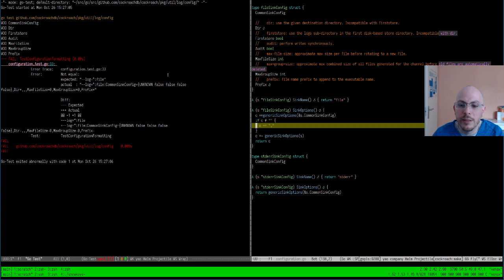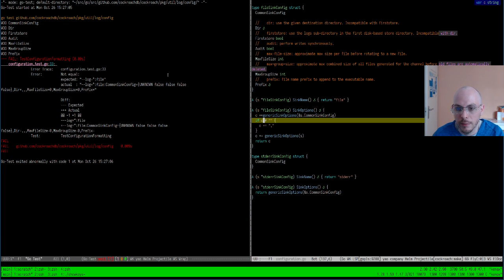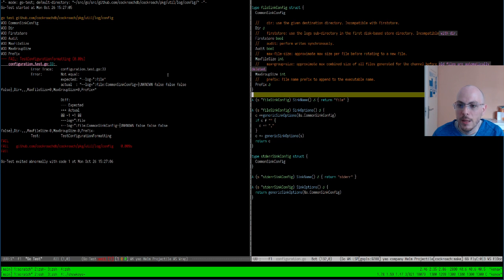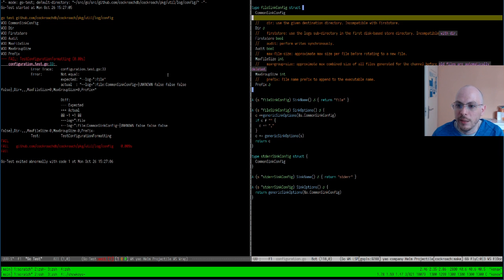So I'm going to fix this string assembly here with commas. I don't really like when I'm using string concatenation. That's not very Go idiomatic, but that's okay. I just want to get the abstraction right.